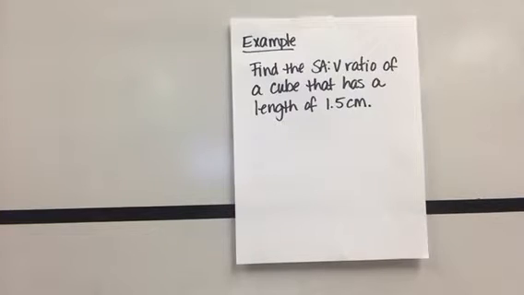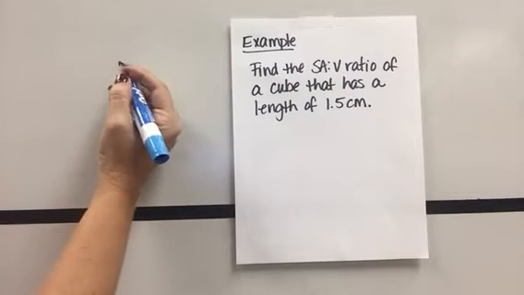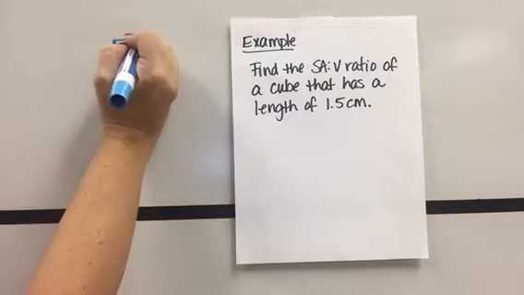Let's look at an example. So here in this problem, it says find the surface area to volume ratio of a cube that has a length of 1.5 centimeters. So when we have a cube,